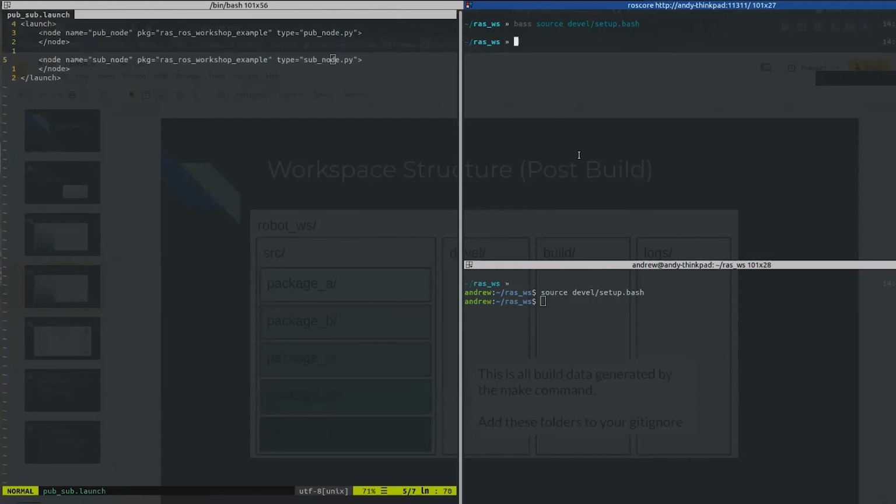Now if I want a ROS launch, all I need to do is type roslaunch, the name of my package, so it's ras_workshop, and then just by clicking tab, ROS automatically finds that I have this launch file inside of this package. So once I hit enter,